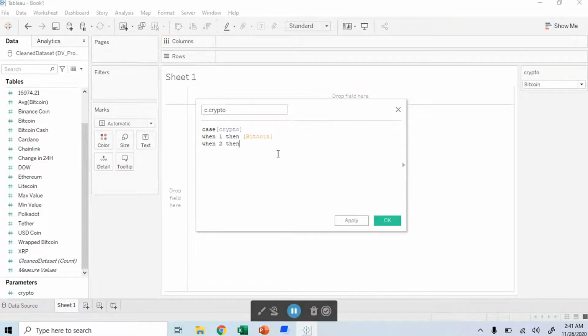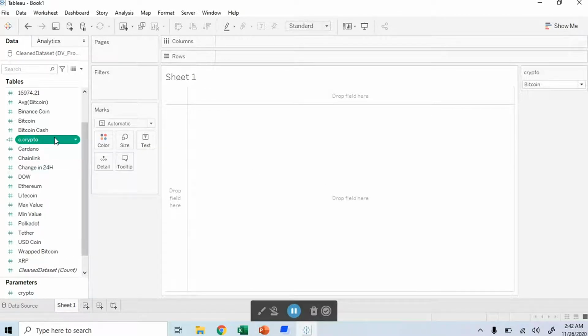When 2, then we need to display Cardano. When 3, then we need to display the Litecoin, and click on Apply and click OK.